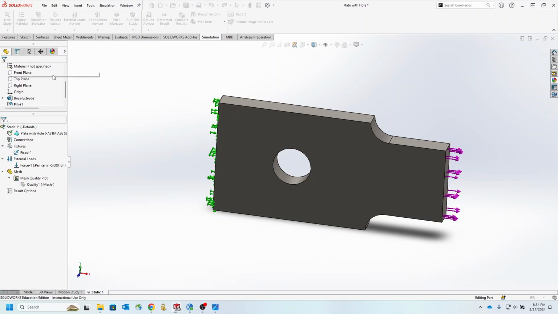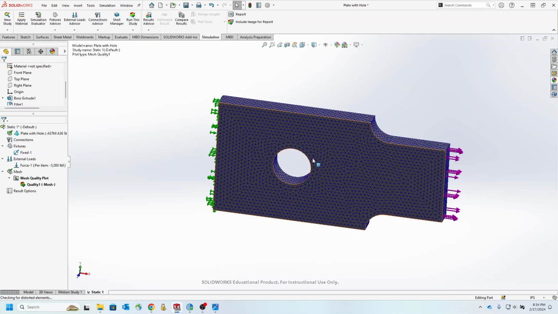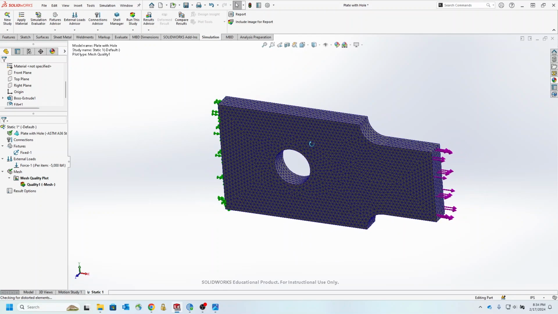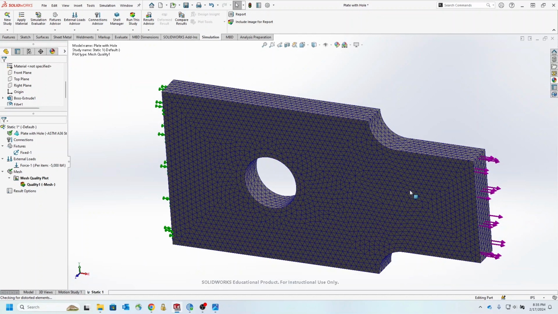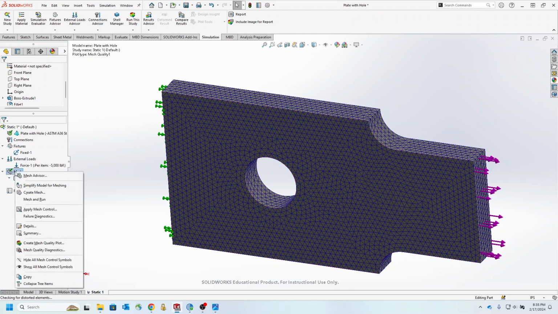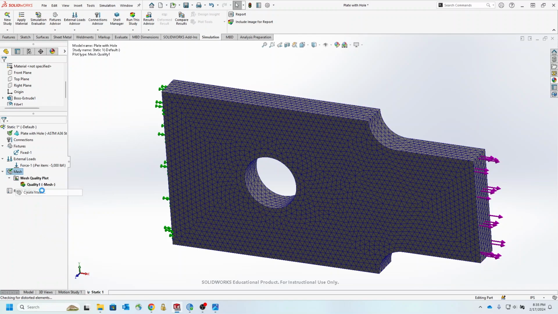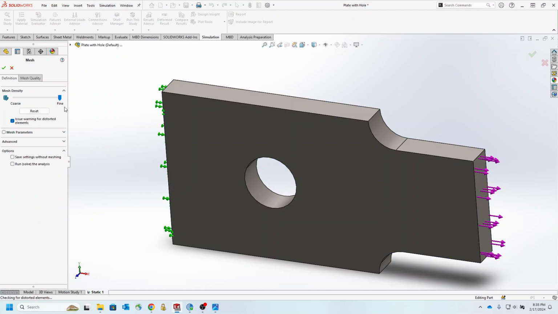So if I hit OK, it should typically take more time for SolidWorks to create that. And if you compare the result with the other two options, you see that the mesh is much finer here, so essentially the result would be more accurate. I'm going to go back, I will keep it somewhere half between the fine mesh and the coarse